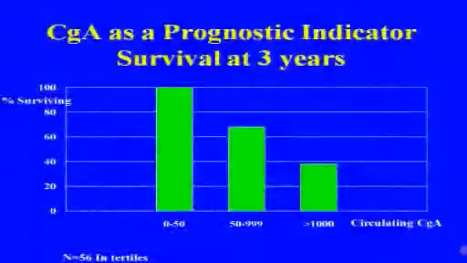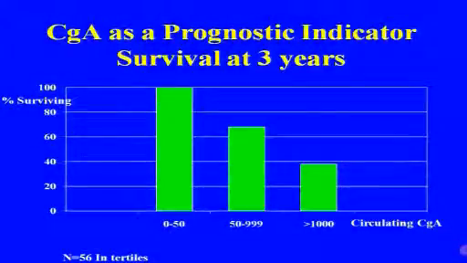If we look at chromogranin A as a prognostic indicator, we're looking here at 56 patients, and these patients all have tumours of the midgut. And we're seeing that these were the very first samples that were taken. So this is the first time this patient had a chromogranin A taken. Not maybe absolutely at the point of diagnosis, but close to that, before intervention. And if the chromogranin A was low in the assay that we used in Belfast, then survival at 3 years was 100% in this group.